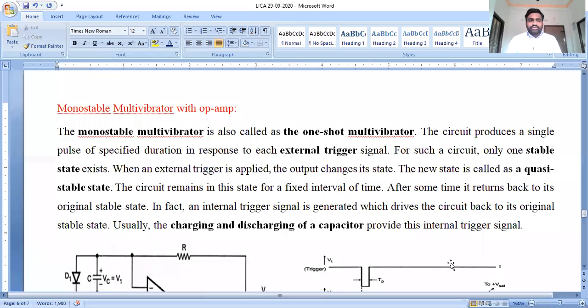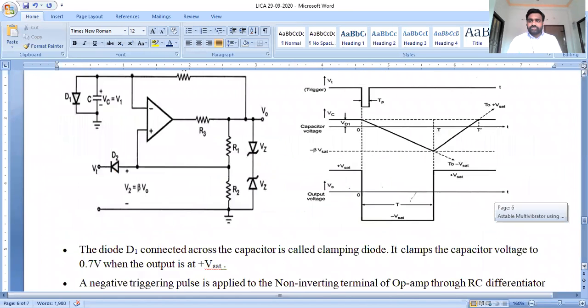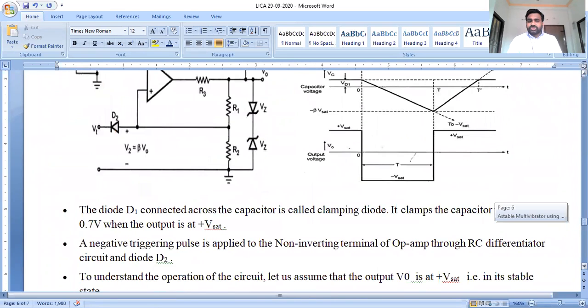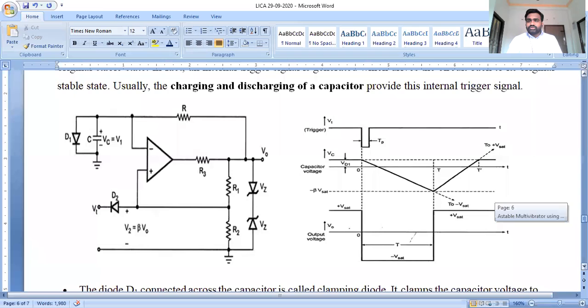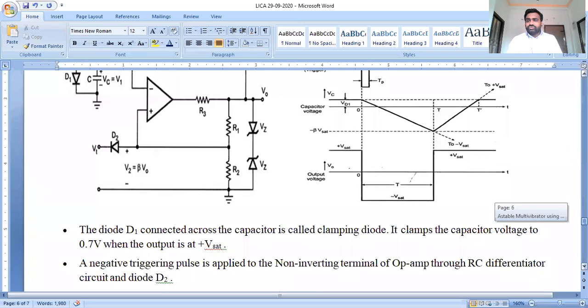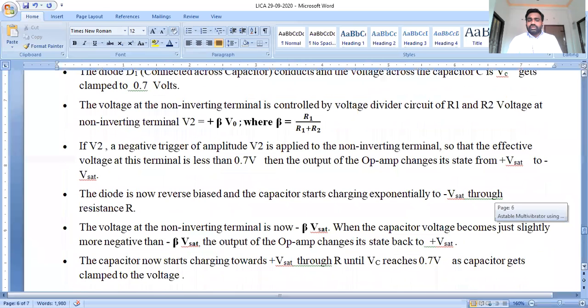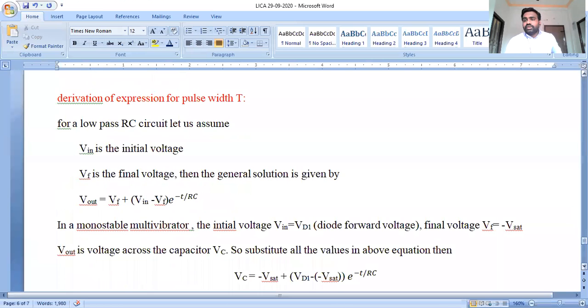So in today's class, we discussed and analyzed the behavior of the monostable multivibrator with respect to circuit configuration. We analyzed the circuit, and we explained the application of the external triggering circuit. We analyzed the behavior of the output voltage with respect to the negative short or one-shot mechanism, and we analyzed the behavior of the time period. We derived the time period in the quasi-stable condition, in the quasi-stable operation of a monostable multivibrator.